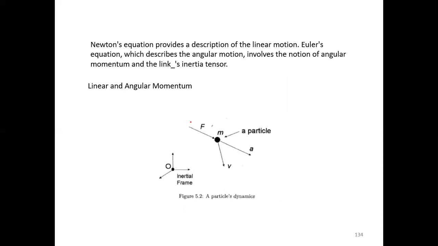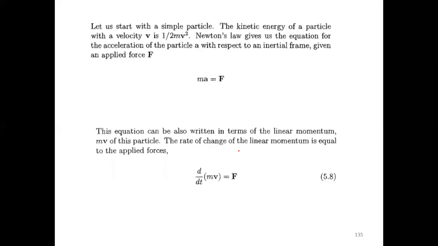So that is force and mass. If you apply force to a particle with some mass, it will produce some acceleration and velocity. This is the Newton formula we are using in this concept. So the first equation, ma is equal to F, can be written as d by dt of mv, because a means acceleration. If you differentiate the velocity, you will get the acceleration. So we can write it as d by dt of mv.